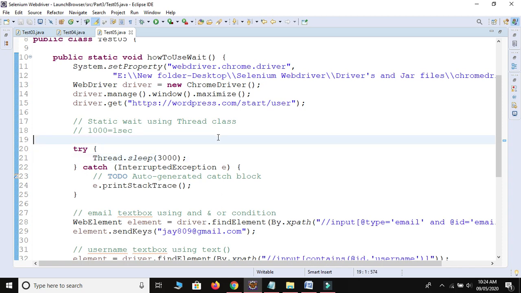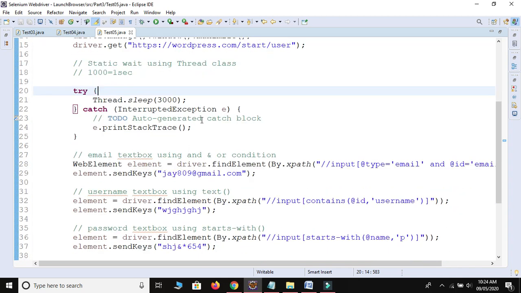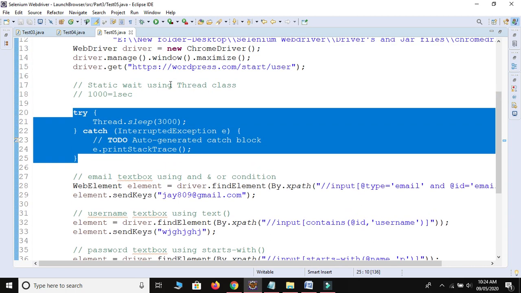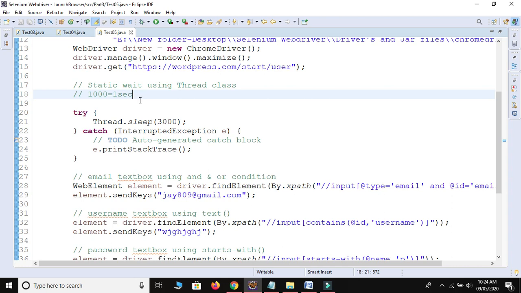So what happens, guys, after maximizing the window and after launching the URL, it will wait for 3 seconds, and after waiting the 3 seconds, it will start the execution. And when it waits for 3 seconds, at that time our page will be loaded completely. So we provide the wait for 3 seconds by using the Thread class, and this is the static wait.